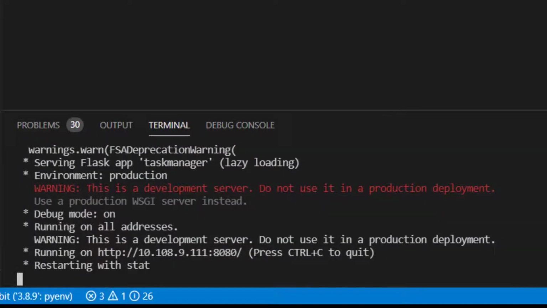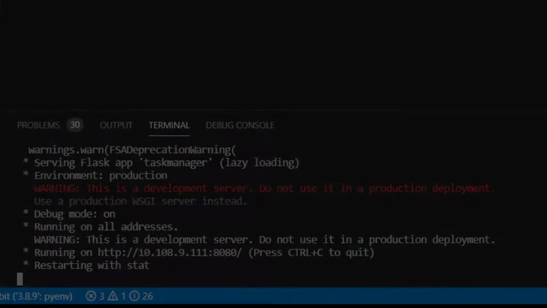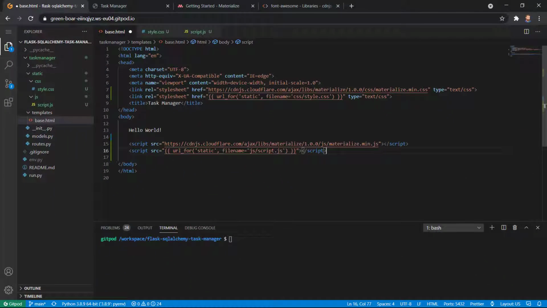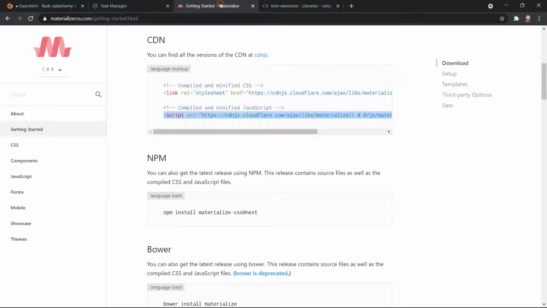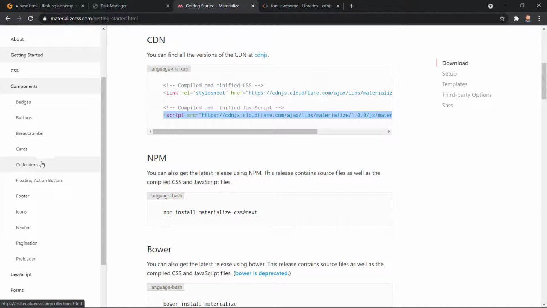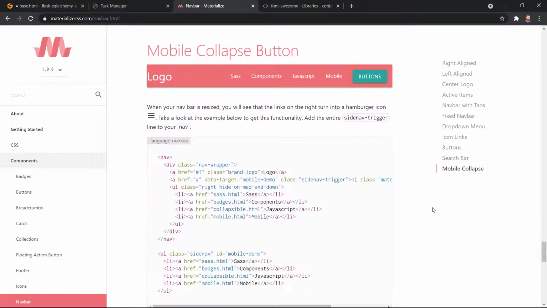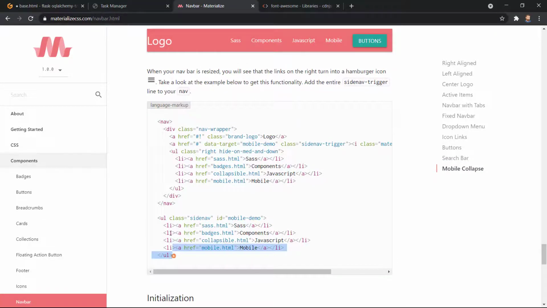Finally, if neither of those options work, stop the application in your terminal from running and just restart it. This may sound asinine, but quite often with Flask and Django, a fresh restart of the app is required to take effect of any new additions to your code. Now that we have our static files connected to the base template, let's start adding a few components, such as a navbar. From the Materialize docs, click on Components to expand it, then click Navbar. We'll be using the Mobile Collapse option, which will make a responsive navbar for smaller screens.